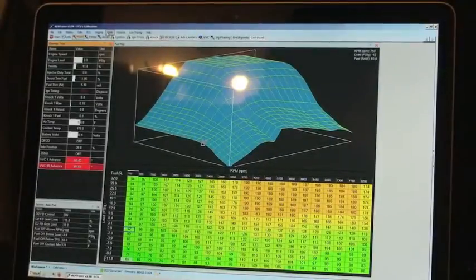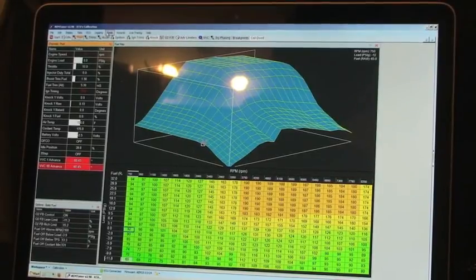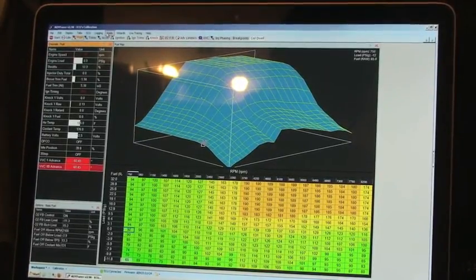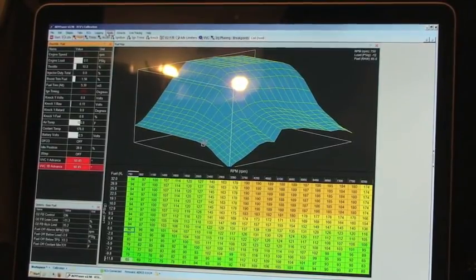Data logging on the EMS is broken up into two categories: PC data logging and ECU data logging. The differences between the two are where the data is physically recorded and stored, and the sample rates. When you're doing PC logging, the sample rates are a lot slower than if you're doing ECU logging at the